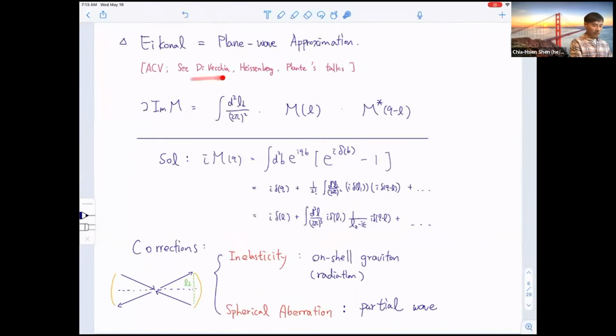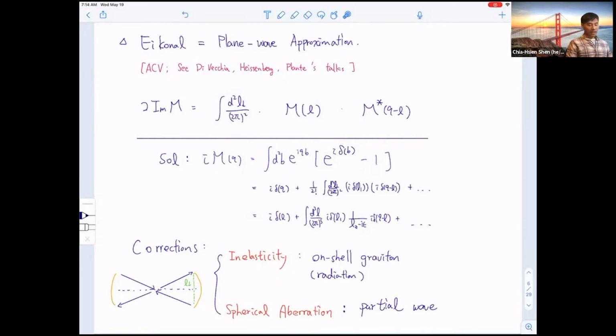So of course, we have had a lot of discussion of this in this workshop. And if I take the previous optical theorem and simplify the phase space integral by this two-dimensional momentum transfer, this is the optical theorem. And in order to solve this relation, you notice that these are convolutions of two amplitudes. So once you go to position space, that becomes a normal product. So this relation is solved by this usual eikonal formula.